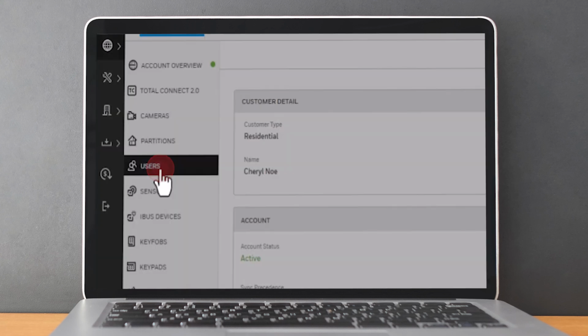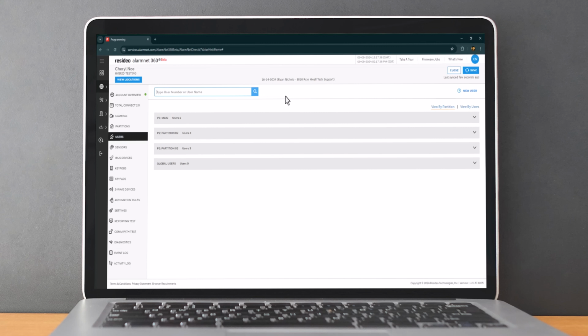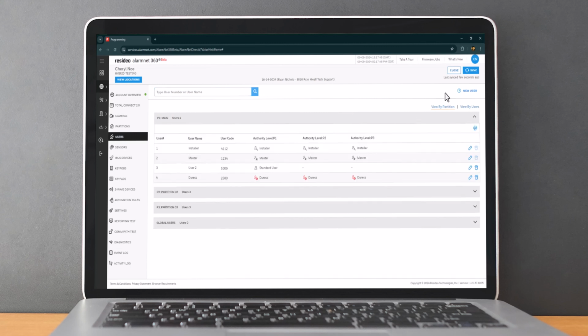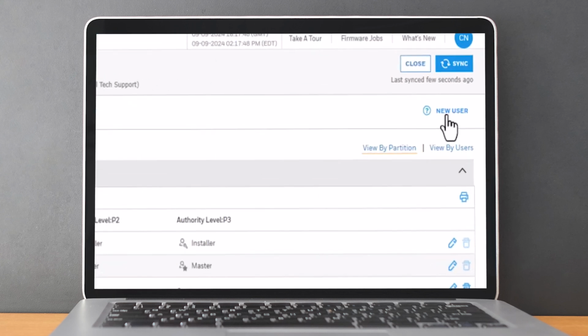Next, navigate to the user sections to view the list of enrolled users. Once the user screen loads, you'll see a list of users currently programmed into the system and the number of users per partition. To add a new user, click the New User button located at the top right of the